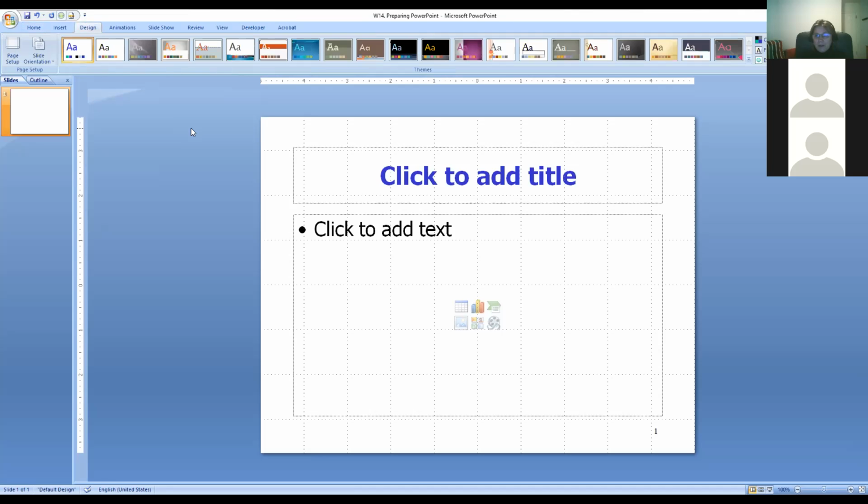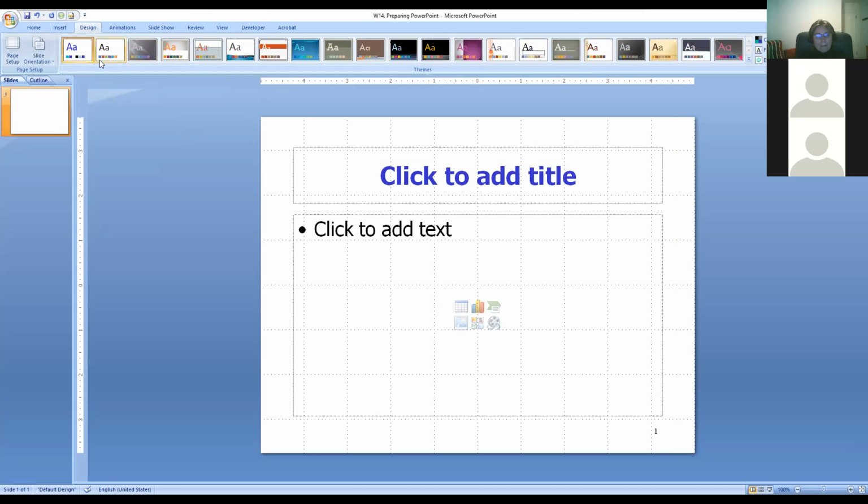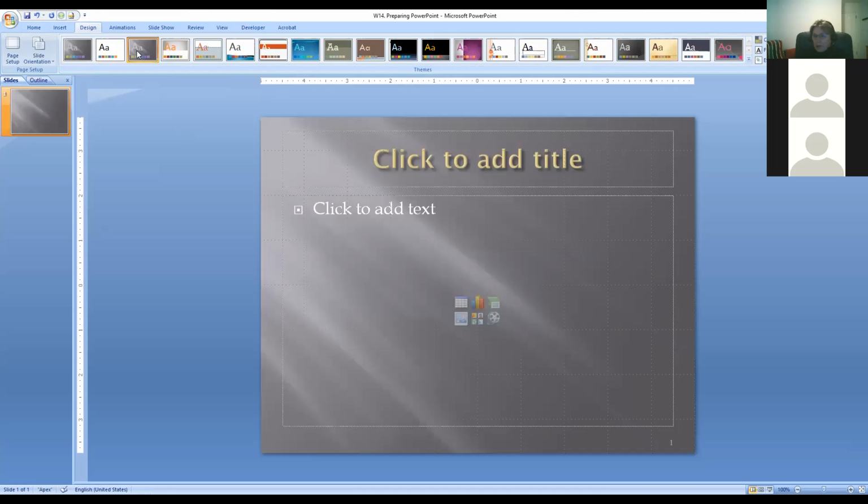All right, so in the design, as you can see, you can get all these various ways of embellishing your slides. So if you click on them, you will see how they will change. So for example, this particular design format or template has the dark gray background and kind of yellow.